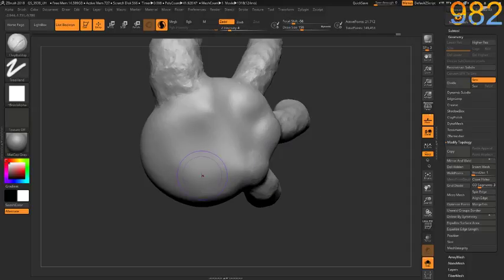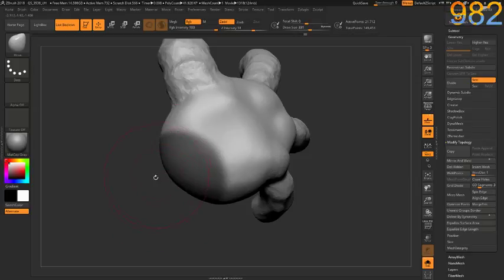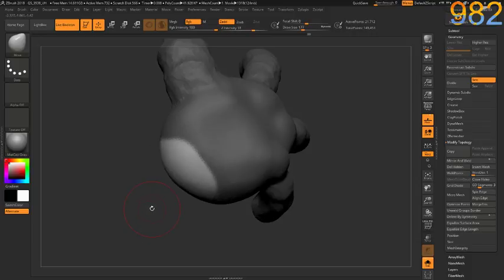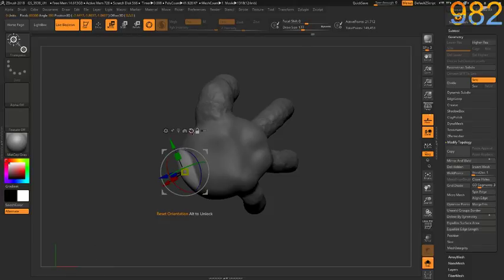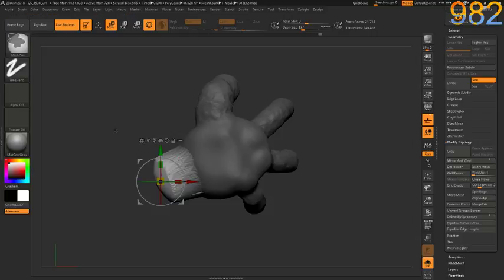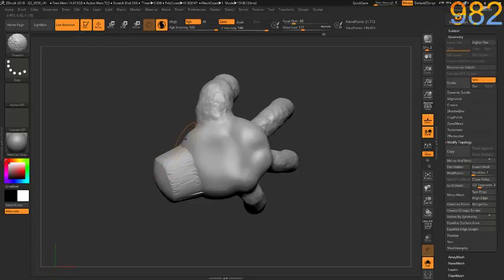That looks decent. Now, BMV. Let's increase this, and I'm going to create a mask. Invert it, and BMV. No, actually, move brush. Alt, click on where I want it, and then Alt and reset orientation. Good. And then move it this way. Awesome. Deselect and draw, and then smooth with maybe 1 intensity,